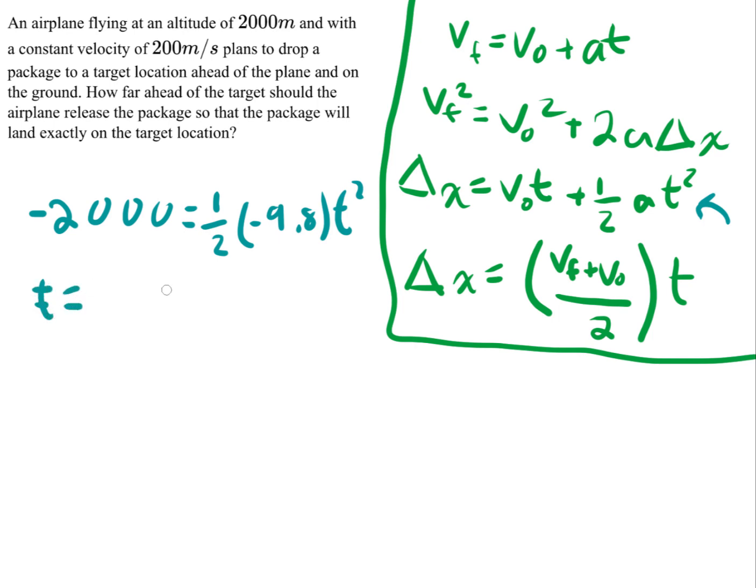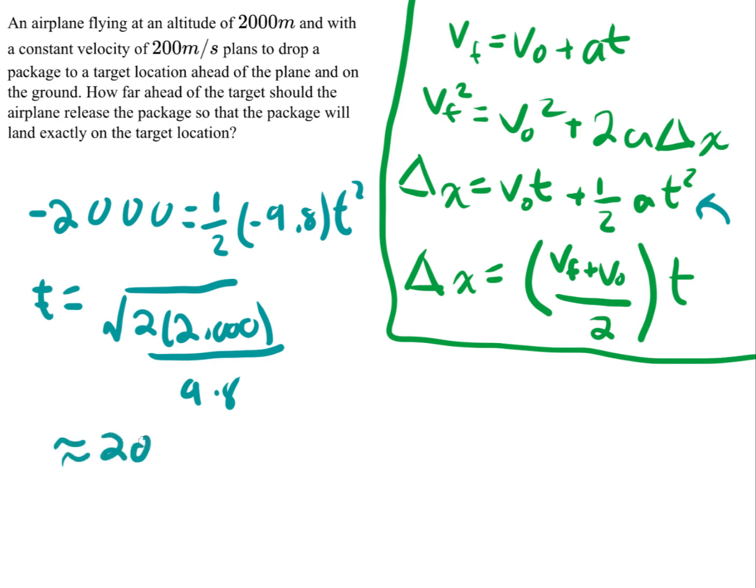is equal to the square root of 2 times 2,000 all over 9.8. The negatives cancel since you have a double negative here. And then the time, if you calculate this, is about 20.2 seconds. And then now that we have the time, we simply just need to calculate the range